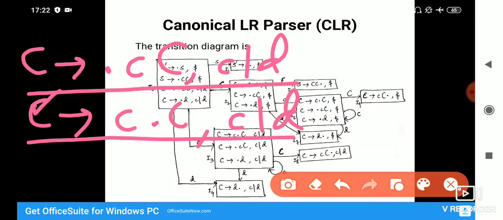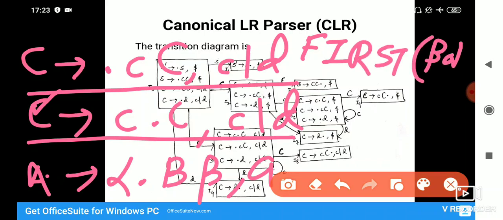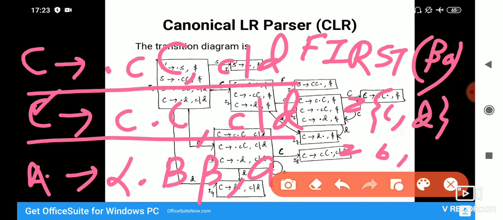To find the closure of this, I have to do the comparison with A2 alpha dot B beta comma A. What do we observe? Beta is null and A is C by D. The first of beta A will give us C by D. So for each C and D, that means it is B.